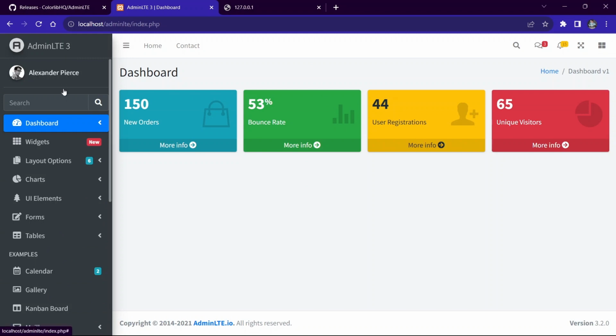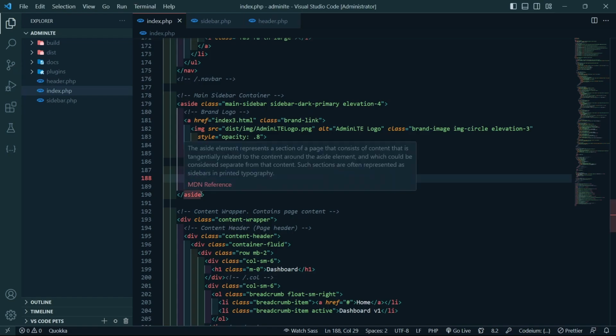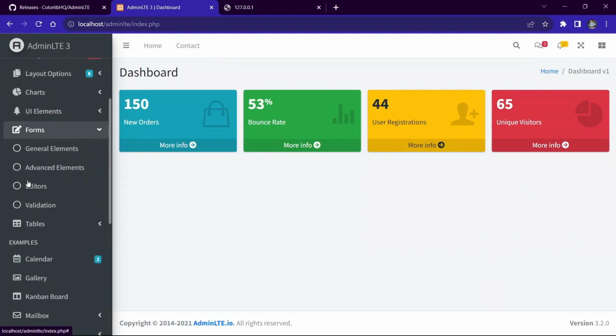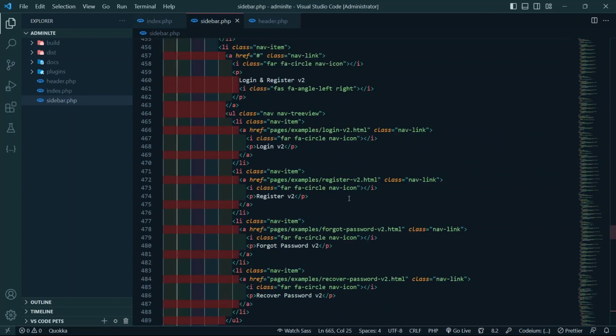So I want to remove all of this, except the forms, right? Okay, so the forms has general elements, advanced. The forms has the other. I don't know what it is. Okay, this thing you got it. So when you click forms, this appears using JavaScript, right? So what we need to do is search for